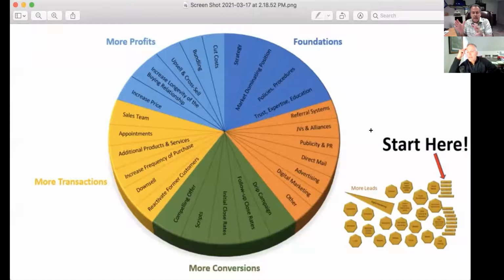Well, let's say you get leads in from Facebook. I don't care what kind of business you are. Let's say you're a local painter, and you get leads in from Facebook, and you convert 1 out of 20, and that becomes a sale to you. Well, if you can get more conversions out of that, so now you convert 2 out of 20, that's a 100% increase in conversions, even though you went from 1 to 2. So that small incremental increase in one area of these 40 plus areas to grow your business